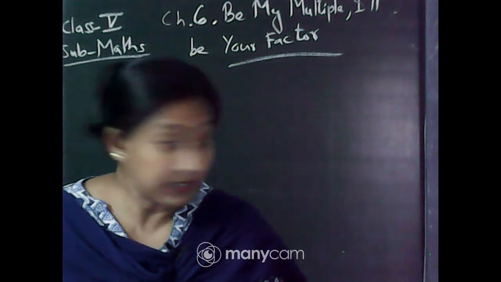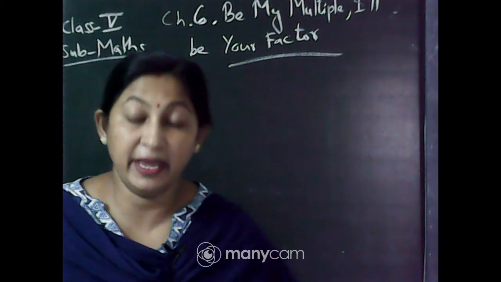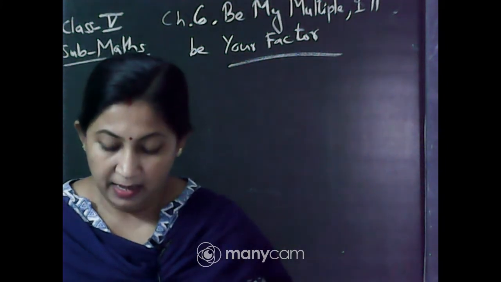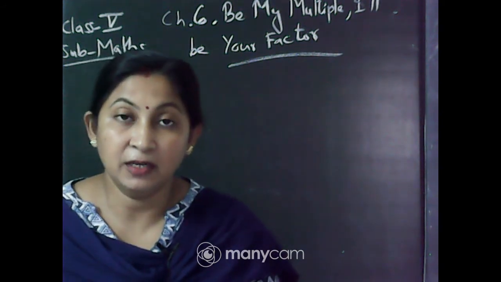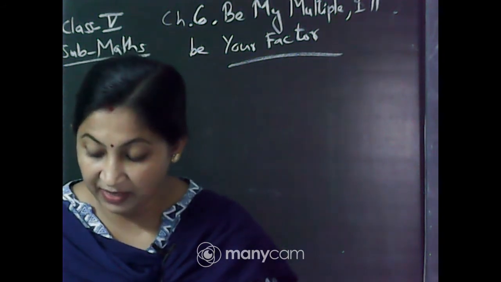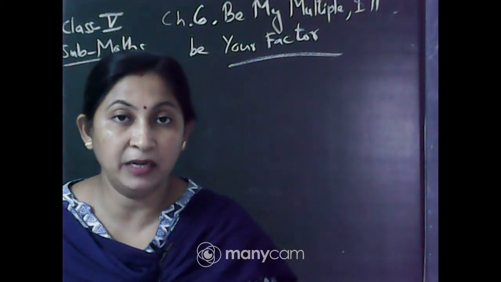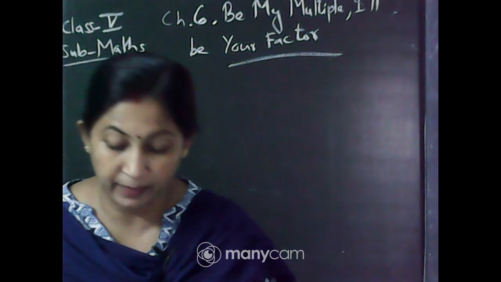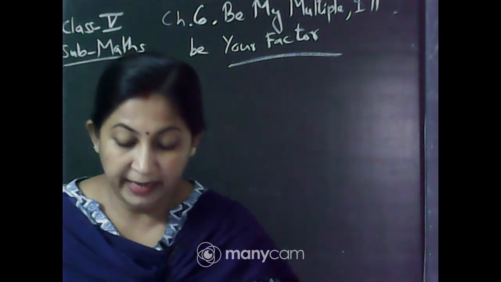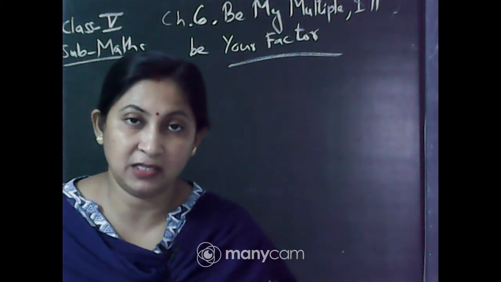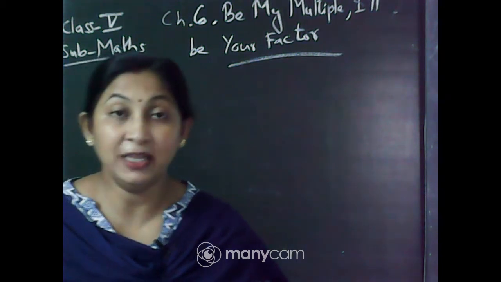Now in our previous class we did a game, the game of common multiples, isn't it? In the previous page it was about 3 and 5, and after that the numbers were 2 and 7. For these numbers we were taking the common multiples. Similarly, now on page number 92, we have 3 numbers: 4, 5 and 6. So for these 3 numbers, you have to write the common multiples.